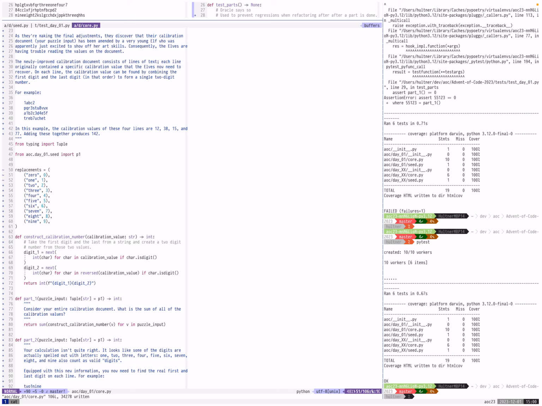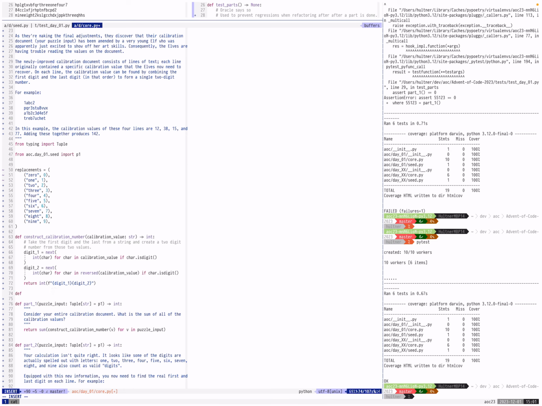Okay, so basically I'm thinking we should just go through each string and do a replacement. So let's create a function for that. Def replace nums. It's just gonna take a value of string and return another string, and it's gonna do basically for num,